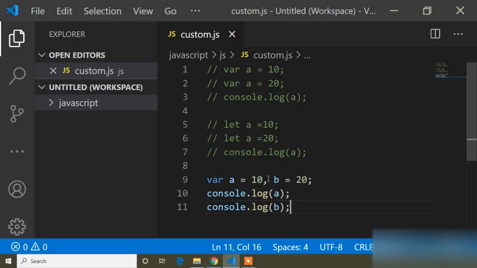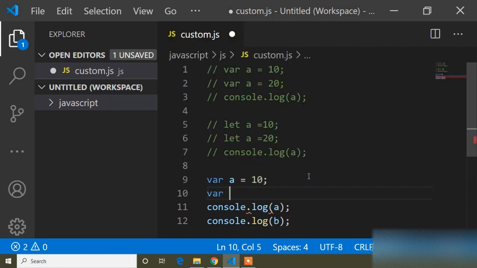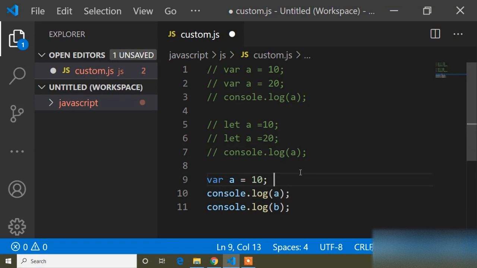So guys, I can define variables using a comma. I don't need to do it this way: A equals 10 and a semicolon, and then write var again and B equals 20. I can write it this way, using a comma. So here we can define variables this way also.